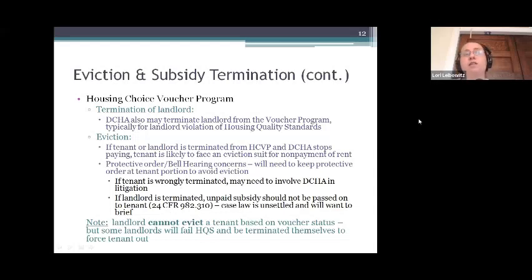So if the landlord is the one terminated from the program, the unpaid subsidy is not supposed to be passed on to the tenant. There is a regulation about that. And it's actually in the contract that the landlord signs with the DC Housing Authority. The problem is that